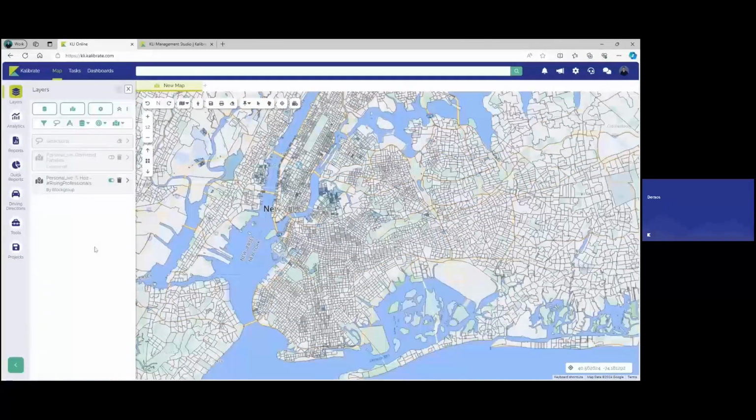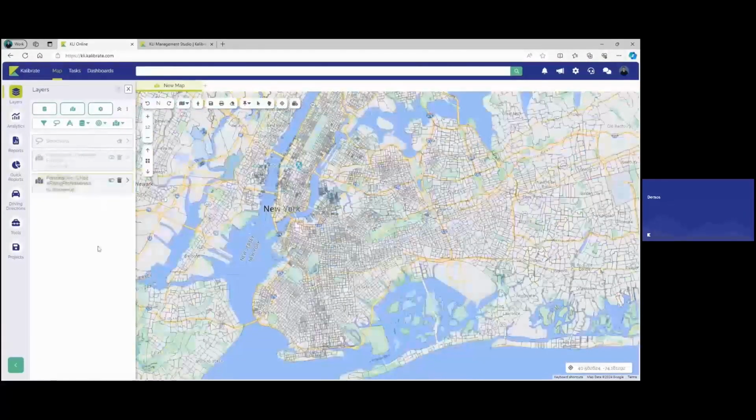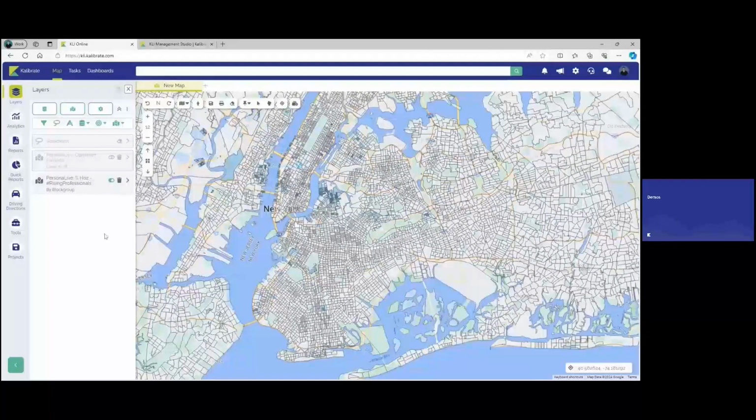I'm going to bring those into my layer control. You will notice that even though I did open two, only one range-based thematic can show on the map at a time. So you'll see here, I've got my percentage of households for rising professionals. If I toggle up here for my dominant families, this will show on the map as well. So I'm going to bounce back to the rising professionals for a second here, just so I can also show you, like all of the other thematics within KLI, if you expand the layer in the side here, you can see the different ranges and what the colors represent for the different ranges.